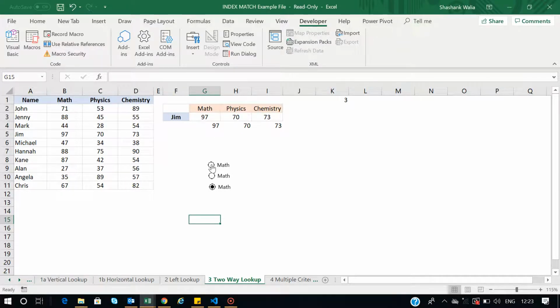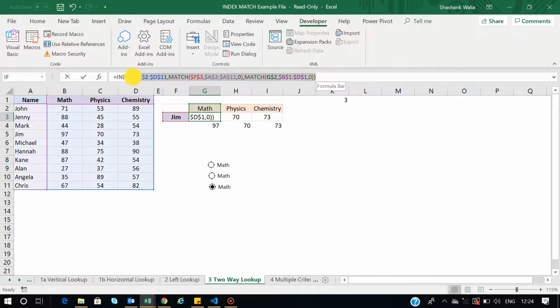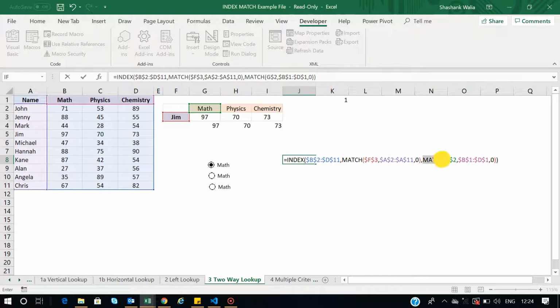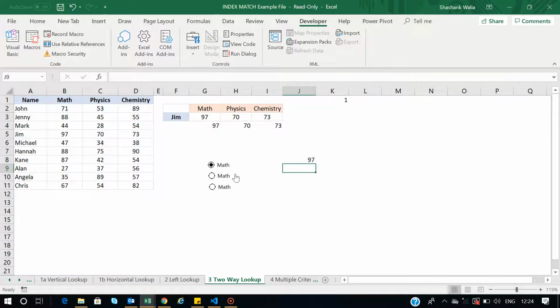So let us see how to do that. First of all, we are going to type the formula here. I will copy this formula, press Ctrl C, escape, and type the formula here and press Ctrl V. Now I will remove this function from here, and I will simply select this cell and press enter. You will see it is taking the column number from this cell, column number 1. Select this, and it will change the value to another and then another.